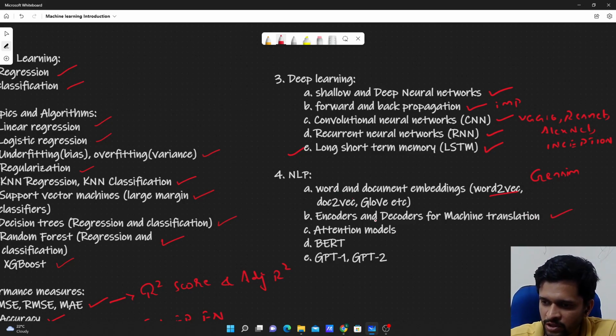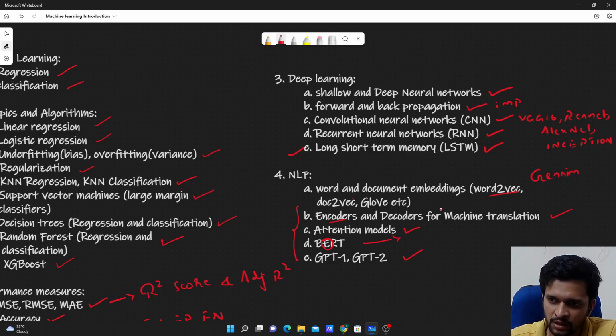Then the most important stuff with respect to NLP in today's world is attention models. Within that specifically, BERT mainly deals with encoders. So the E in BERT stands for encoders. I'll talk in detail about BERT in my coming videos. Then I'll also talk about GPT-1 and GPT-2 algorithms that are available for NLP. So all these things deal with